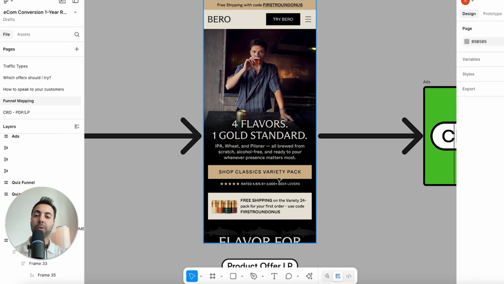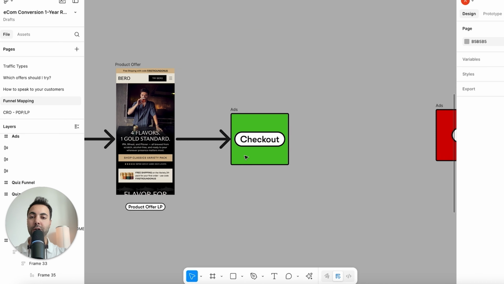And so just giving them more flavors, giving them an extra flavor in the bundle, and trying to push for that 24 pack with this discount code as well, showing why you should be going for the 24 pack or the 12 pack. But we still have the 12 pack as well. So this is going to help increase the AOV by offering more with flavors and the 24 pack option, and just making each can seem like more than the sum of its parts. And then from there, going straight to checkout.